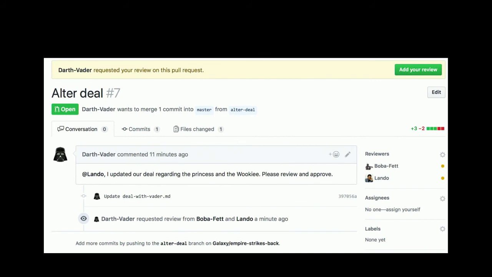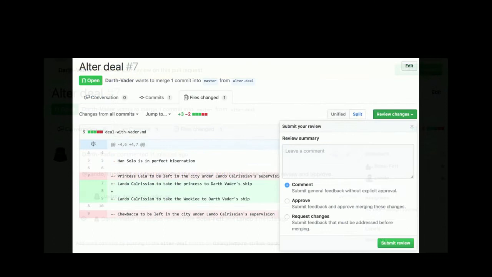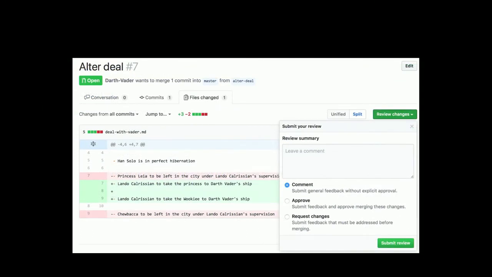So this is real, right? We're actually able to review or request review, and we can see the 2 orangish dots on the right letting us know that neither person has actually reviewed these specific changes. And so here, Lando's going to come in, provide some comments, actually review that specific code, which we can see on the left.